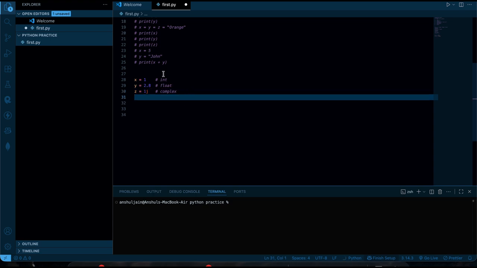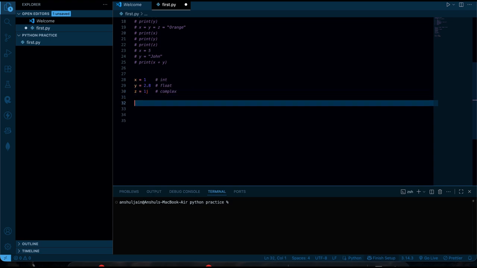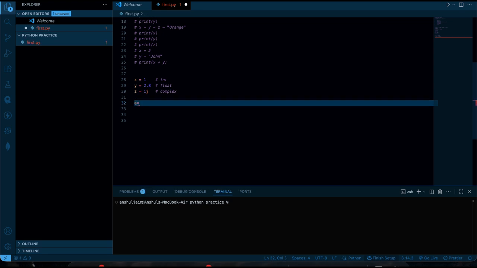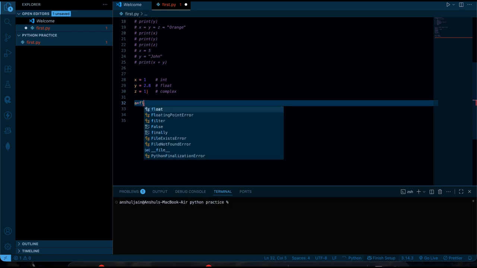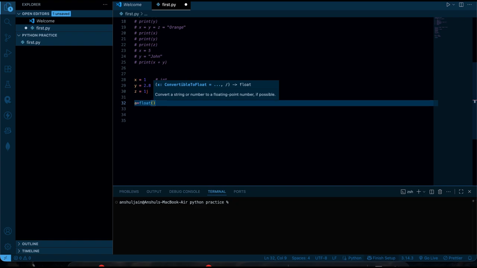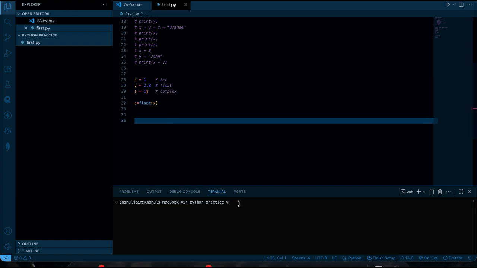Let's suppose this int value I want to convert into float, right? So firstly I will create some variable. So a is equal to, I want it in float, so float x. Okay, now if I run this code,